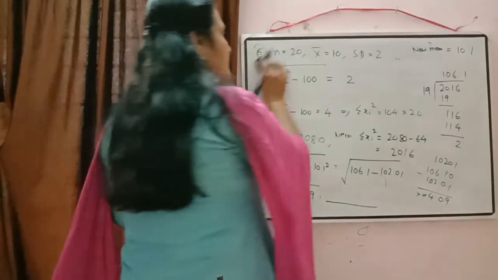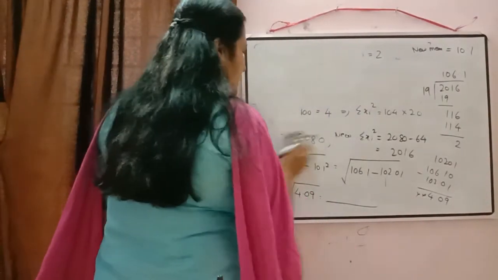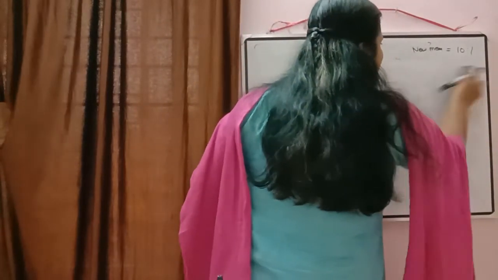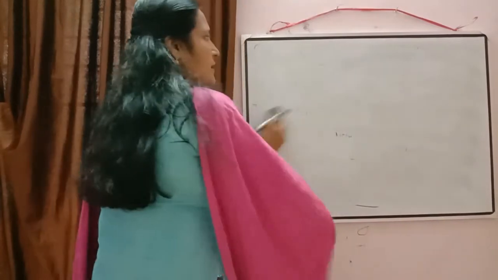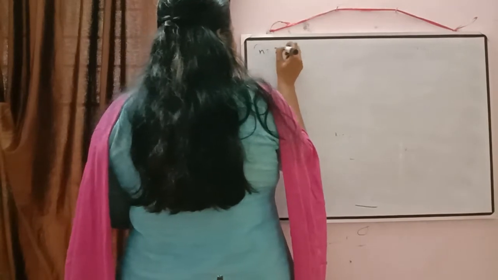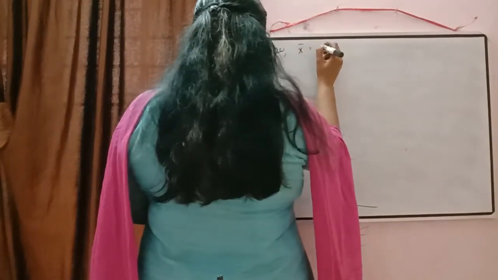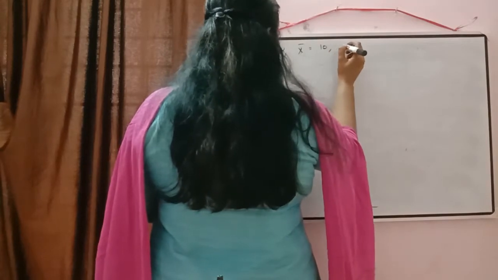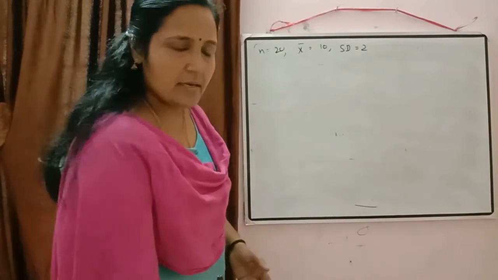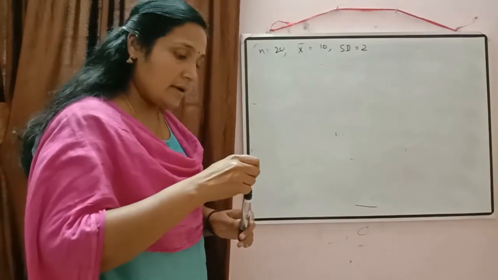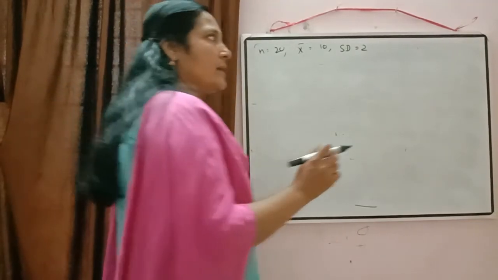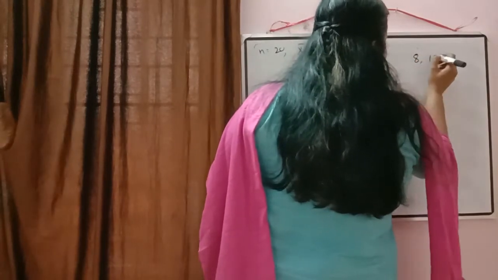Okay. So this is the first part of the question. The next part is also there. In the next part, what they are saying is that we are not removing the observation. So first, once again I can write down: n is equal to 20 observations are given, x bar is equal to 10 and standard deviation is equal to 2. Now it is replaced by 12, which means we are not removing the observation. In place of 8 we are writing 12. So in place of 8 now I am going to write 12.